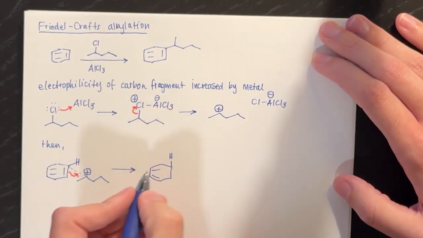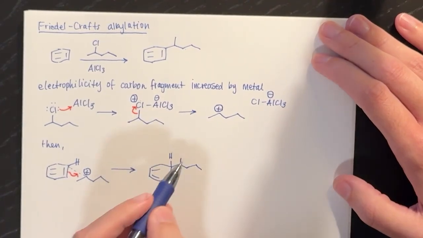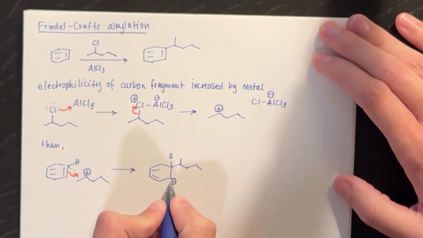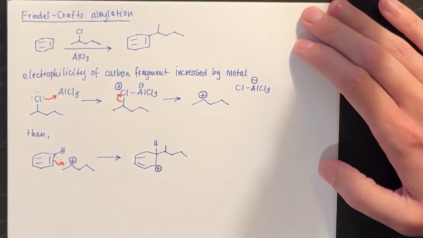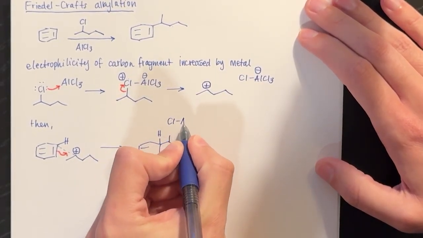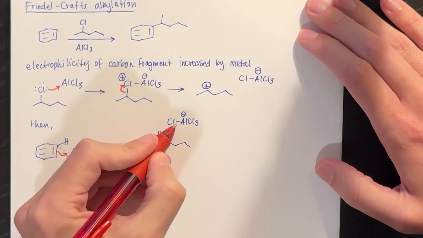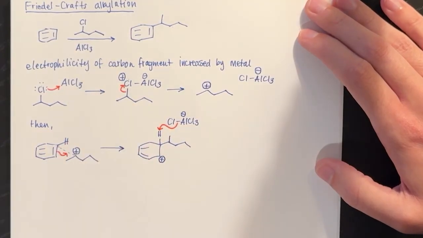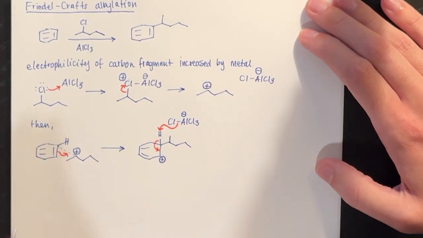Of course, you want to be really careful here about how many carbons you put on. So there's 1, 2, 3, 4, 5 carbons. All right, and we've also got a positive charge down here. And then, just like we did with halogenation, our aluminum chloride reagent is going to come in, take that hydrogen away, and then the electrons are going to come down, regenerate aromaticity,